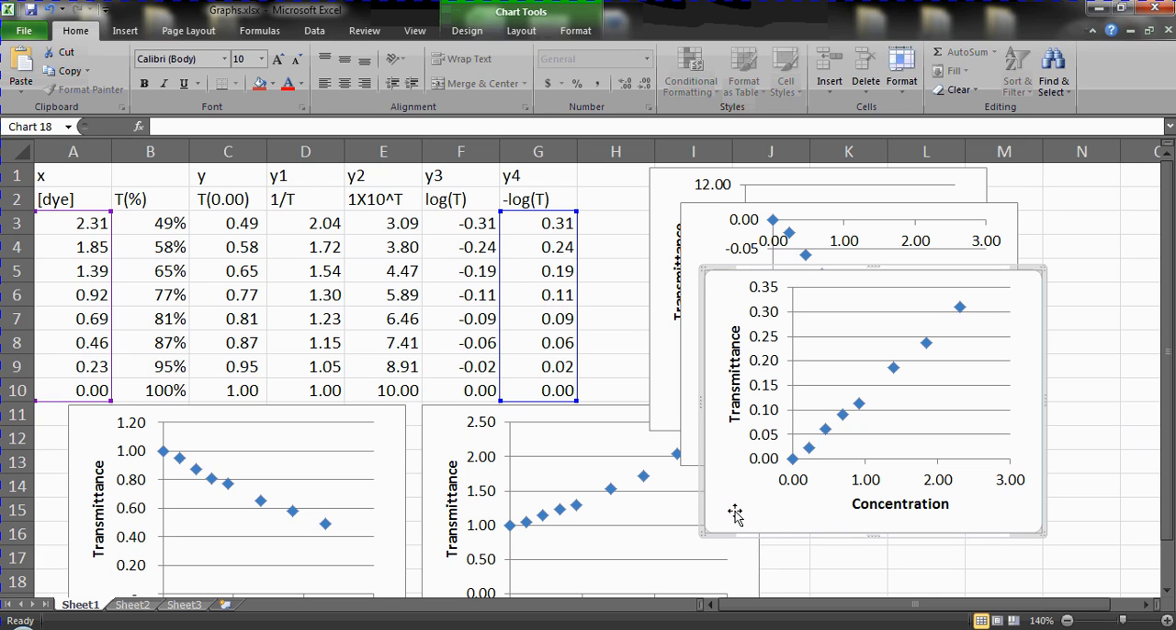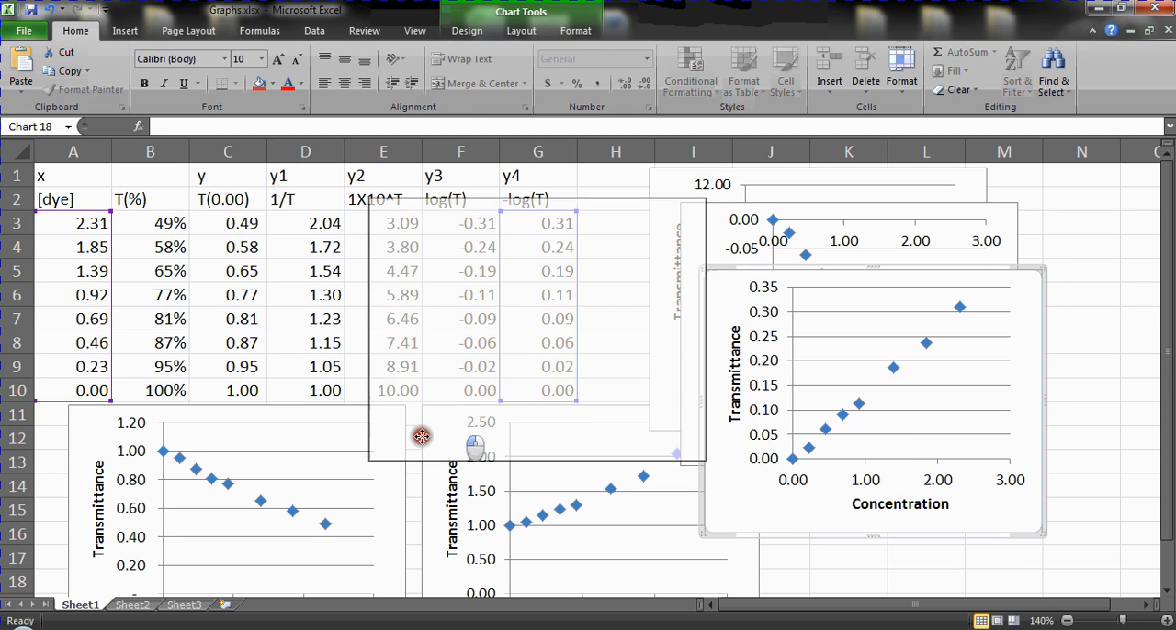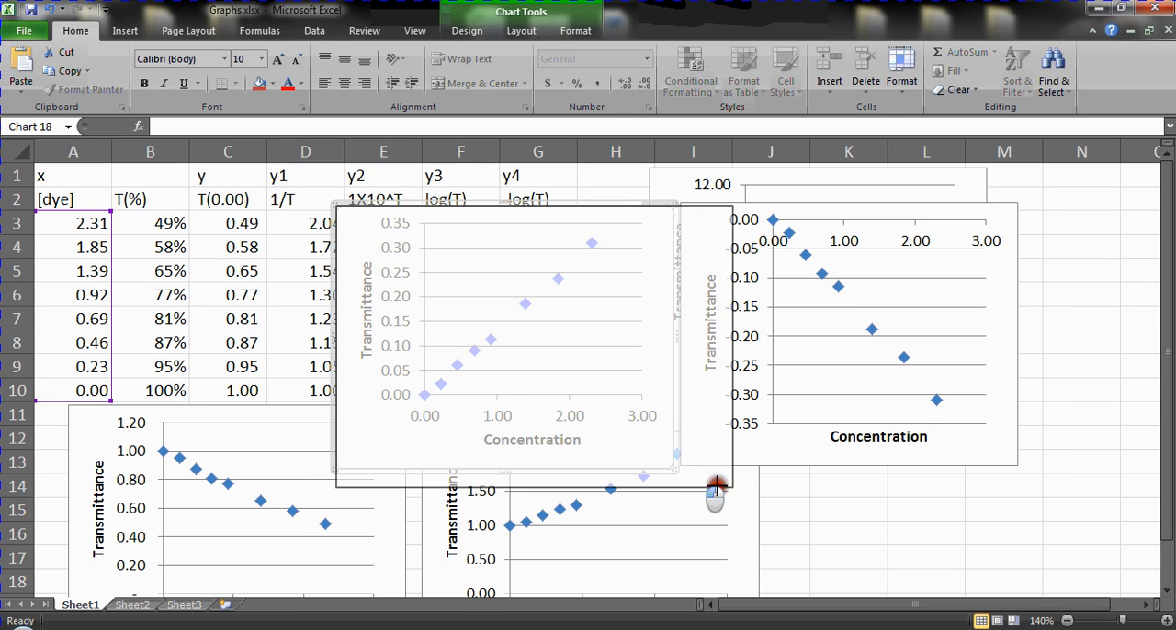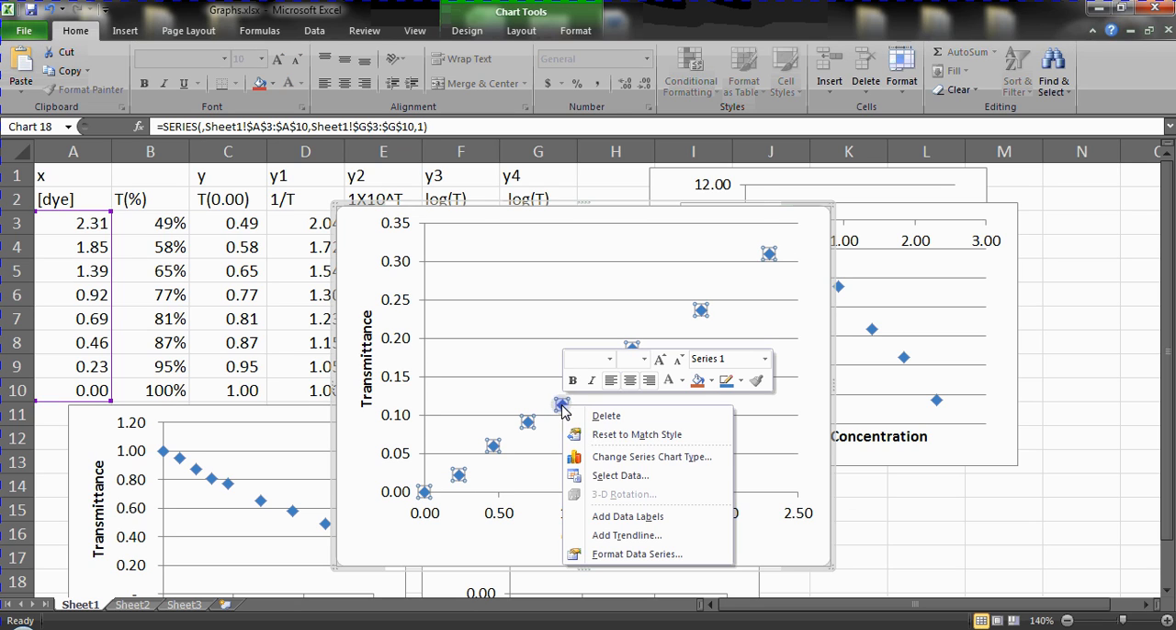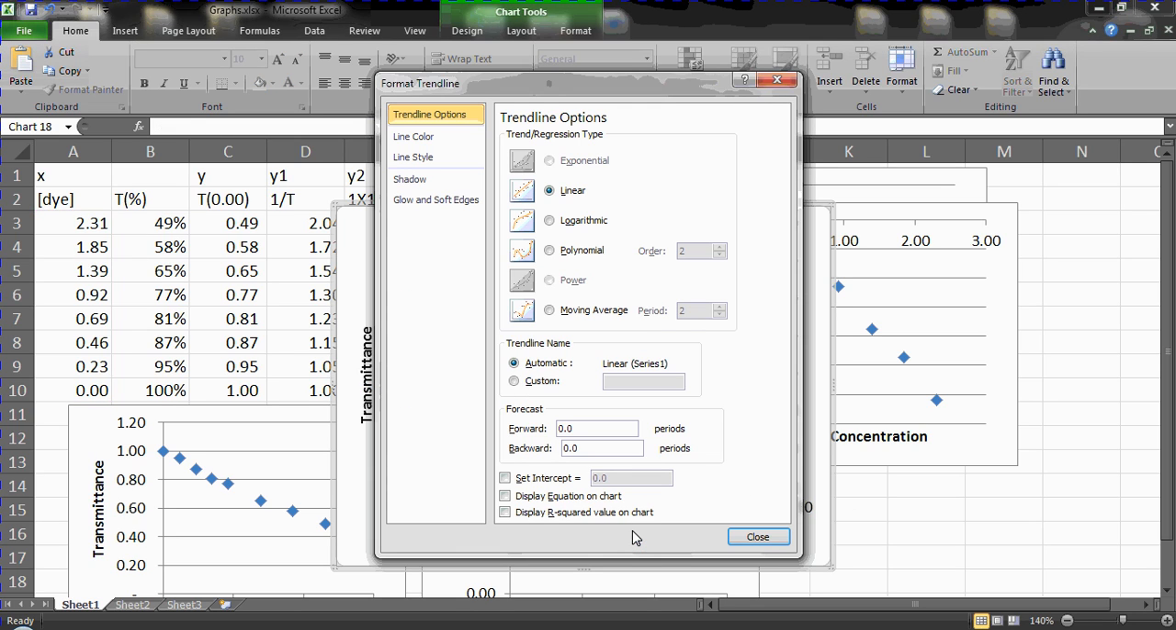So now what I want to do is I've successfully found the one that is linear and goes through the origin and it has a positive slope. So now I want to add a trend line. In order to add a trend line, we can make this bigger so it's easier to look at. I can select the data points and right click and hit add trend line. Once I add the trend line, make sure I'm selecting a linear trend line, and I can put display equation